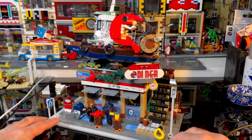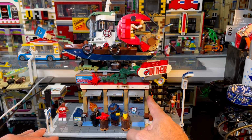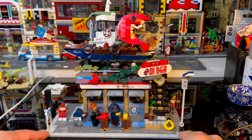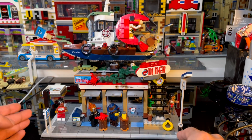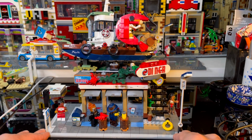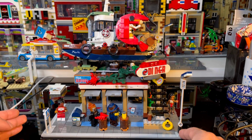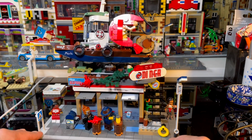So ultimately, I love the Shrimp Shack Attack. I think that was the name of this set. I love that set so much, and I had it for a while just standalone, but I really wanted to integrate it into my city. And I thought the best way to do that was I needed a corner, so I created a corner building out of it. And on the top,